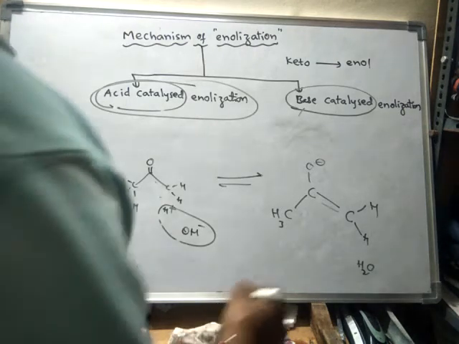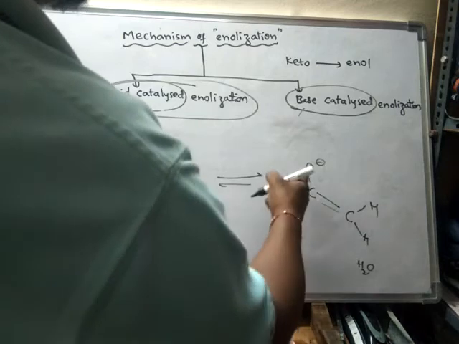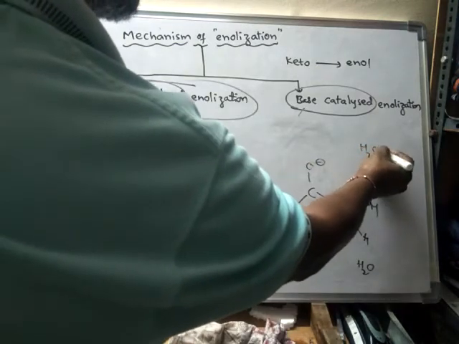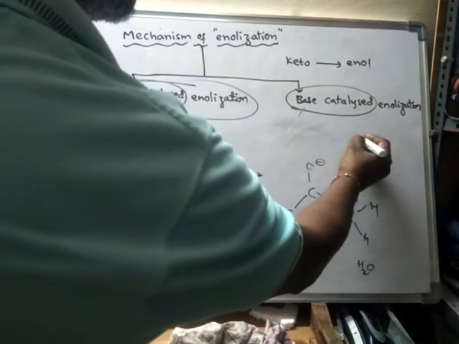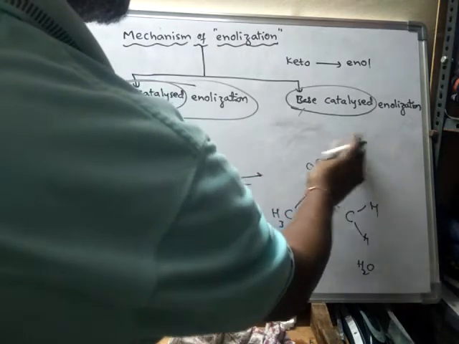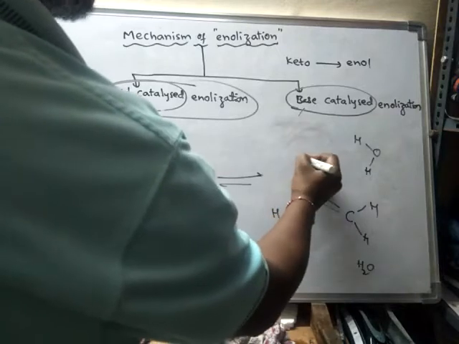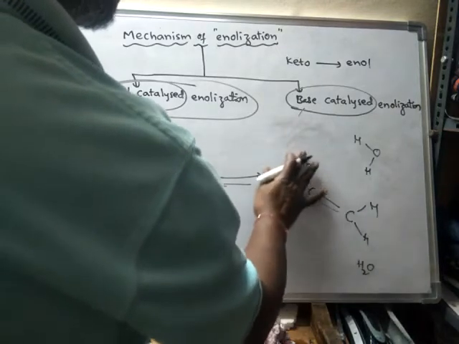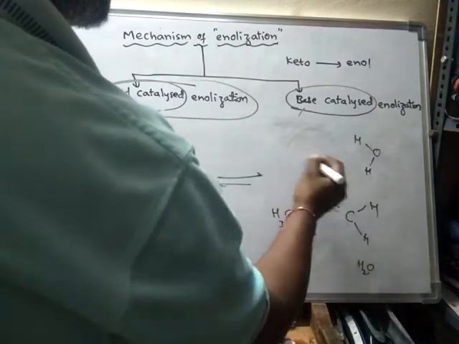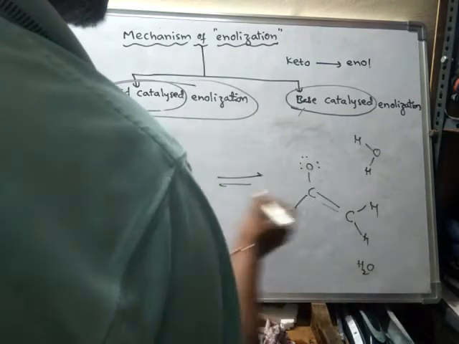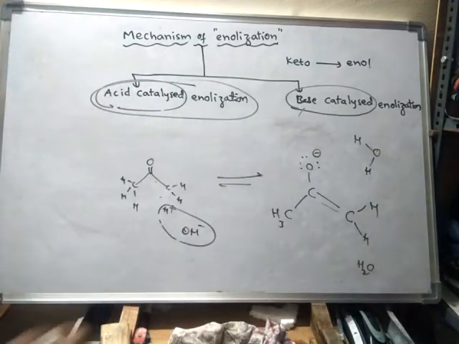Okay, now what happens? So this water is there. From this water molecule, this is O minus. O minus means lone pair of electrons. Due to the presence of lone pair of electrons on it, 3 lone pairs are there, so it gets a negative charge. So what happens?